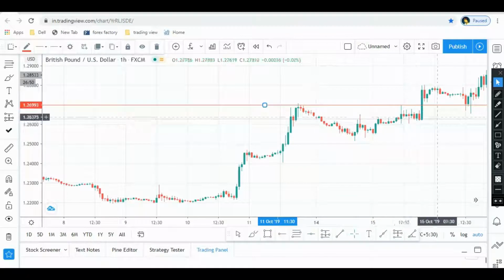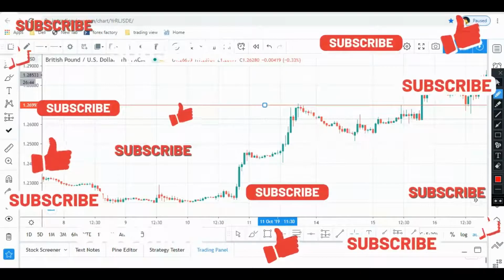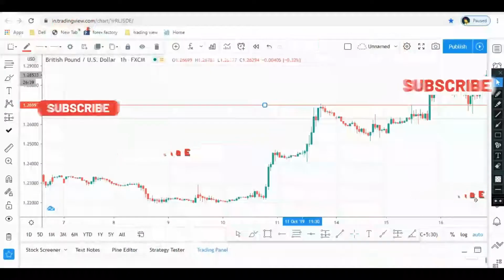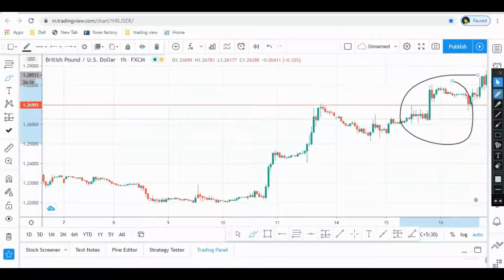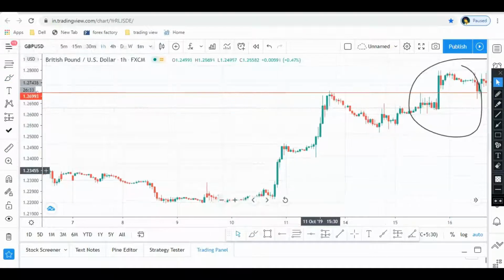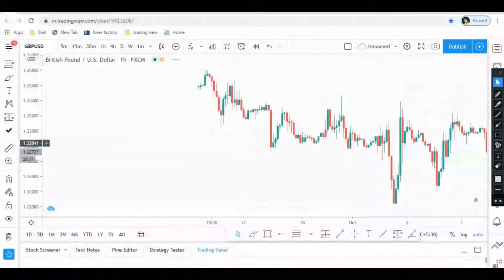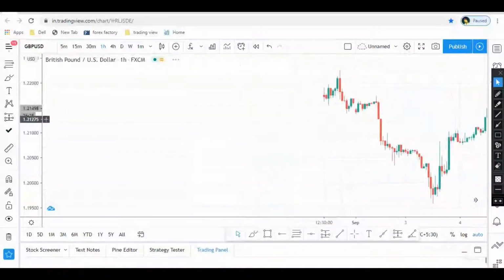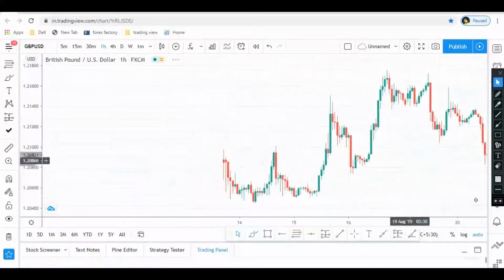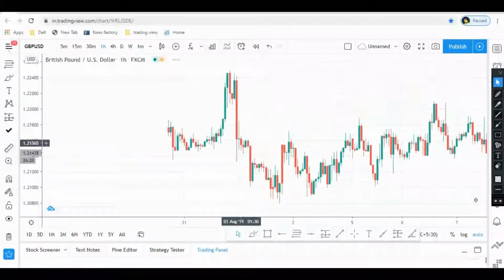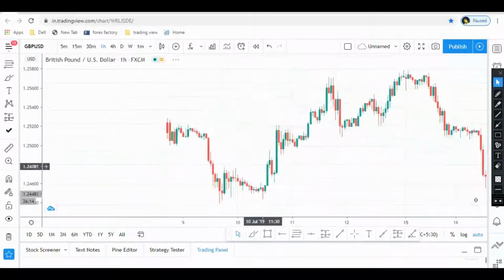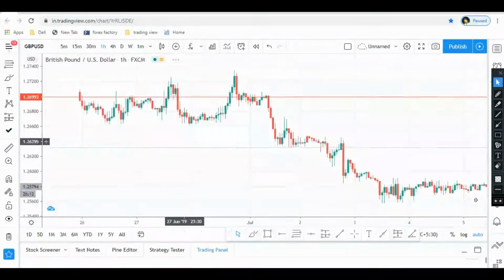So in this particular area I can see price has broken out. Okay, so let me find out the nearest support zone. So let me mark this area. Okay, so I have marked this area. Now I have to find a support zone. I will go backward. I couldn't find anything till now.